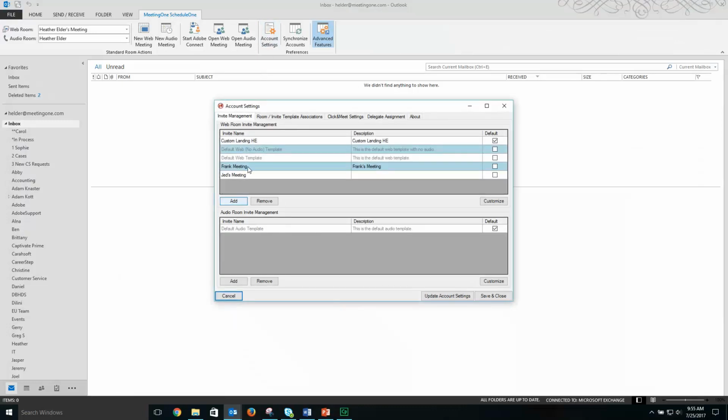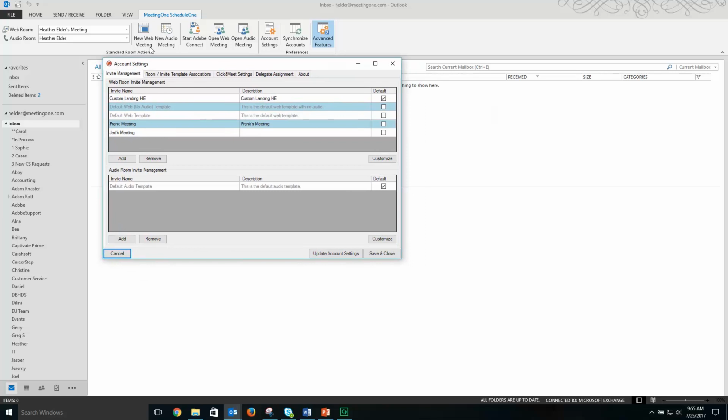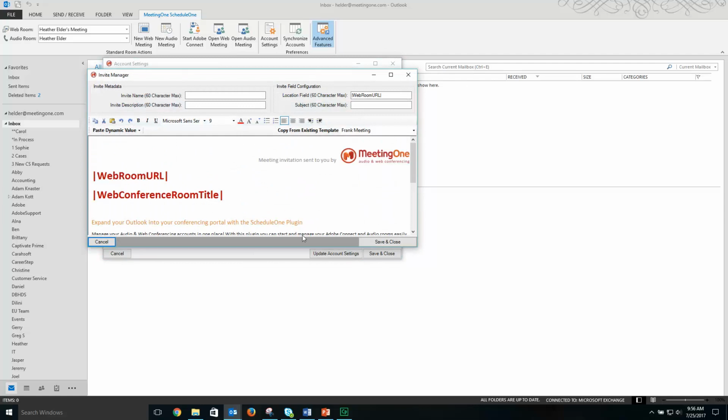I can click on Account Settings and manage my invitations. So if I want to edit what the New Web Meeting invitation or the New Audio Meeting invitation looks like, I can just select to add an invite, or I can edit an existing one. If I add a new one,